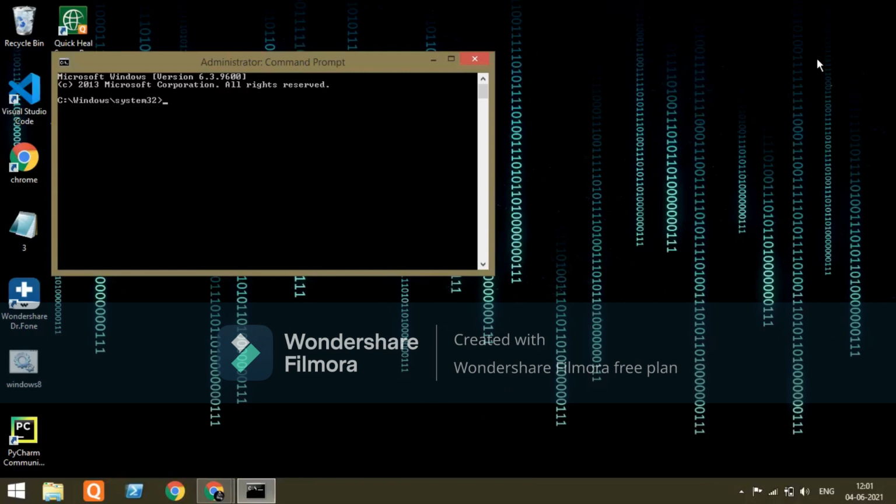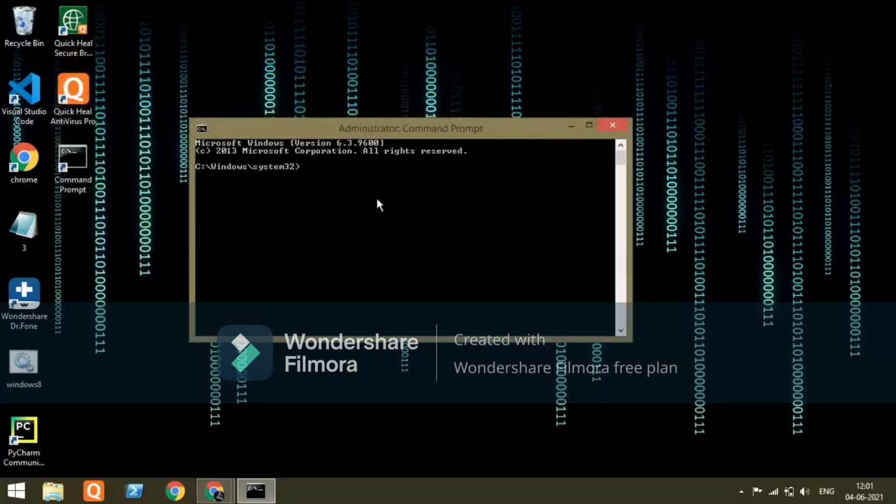Next most useful command is SFC, System File Checker. It is a relatively new addition to command prompt to keep the computer clean and bug free. For this command, just go to command prompt and type the command sfc space slash scannow. It will start verifying the integrity of all protected system files, and it will also repair the damaged files wherever possible. As you can see, the system scan is beginning.